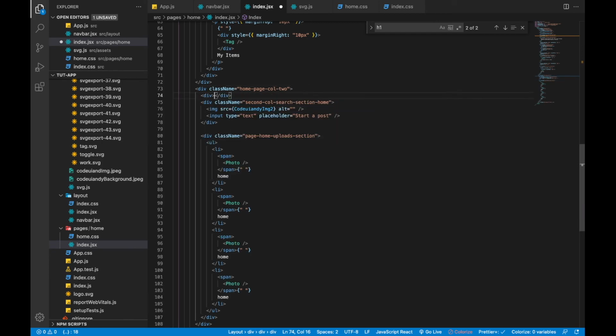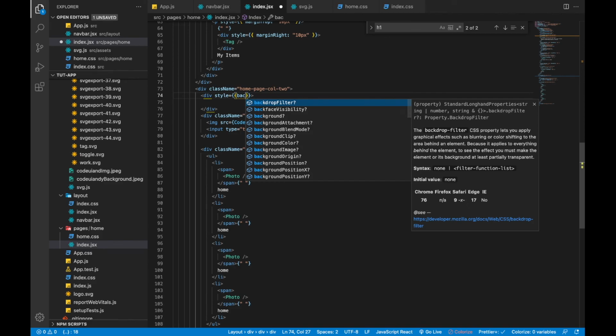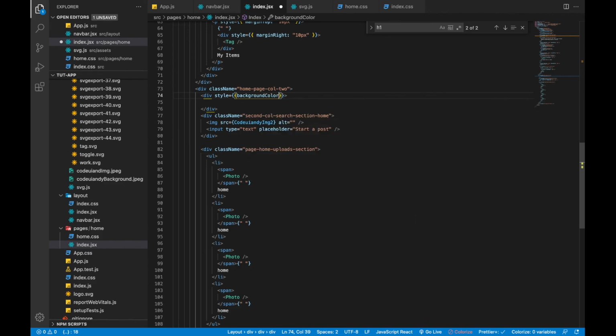Let's give this a div, so it's meant to be one container. Style, background color, white. So when you have the code, you can actually refactor this and give it its own class name,